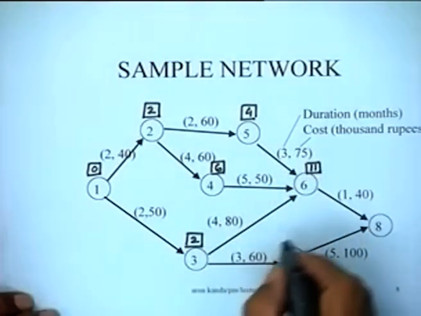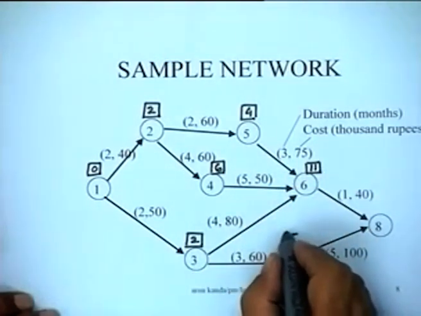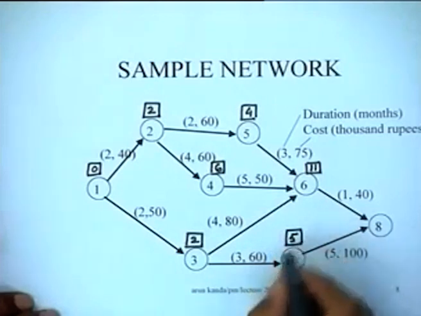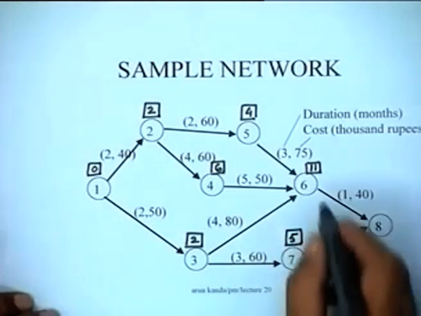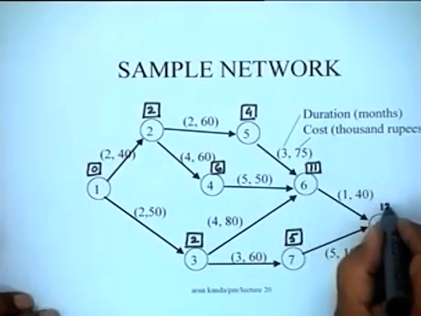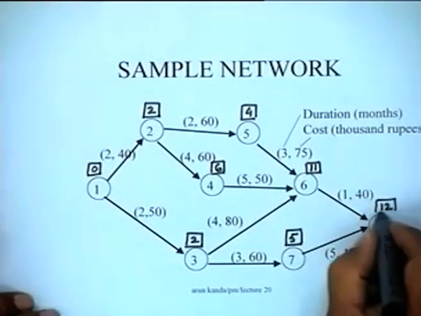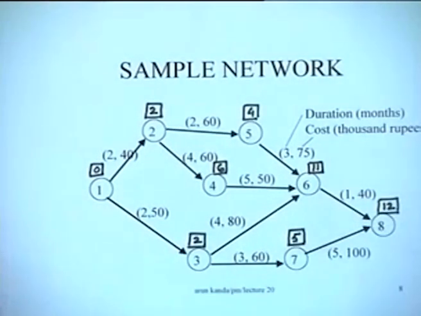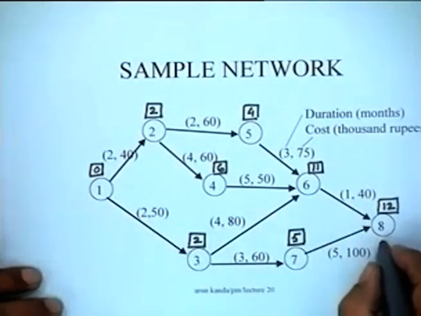and this particular value is just going to be 5 months, and this particular value is 12 months. So this is the forward pass which reveals these particular times. We can do a backward pass for this and determine the latest occurrence times for these nodes. So you can find that this is 12 months